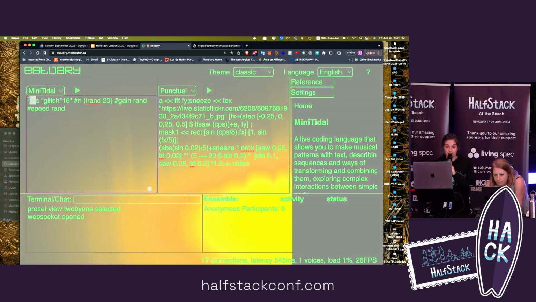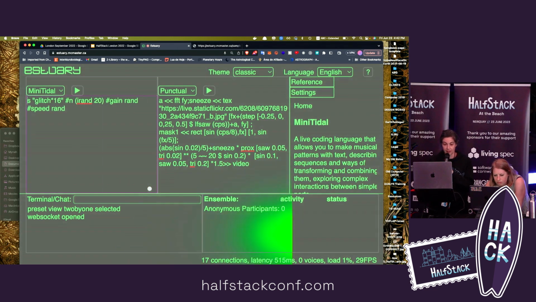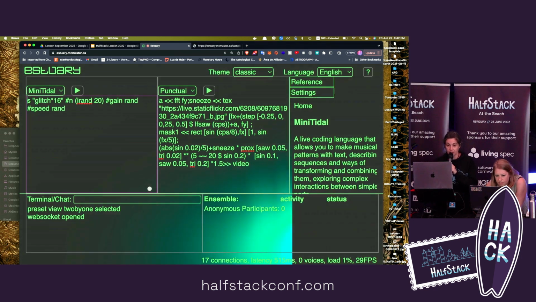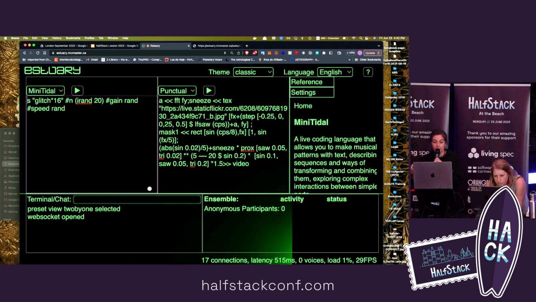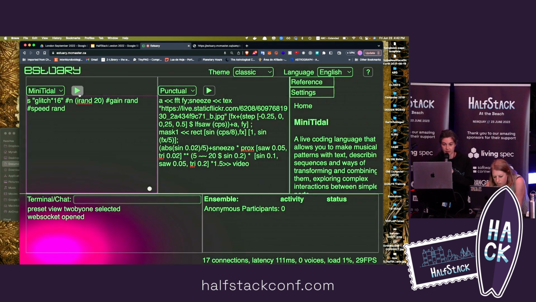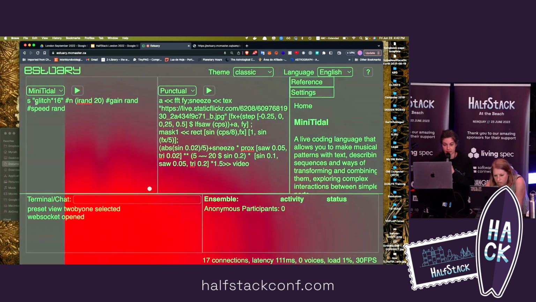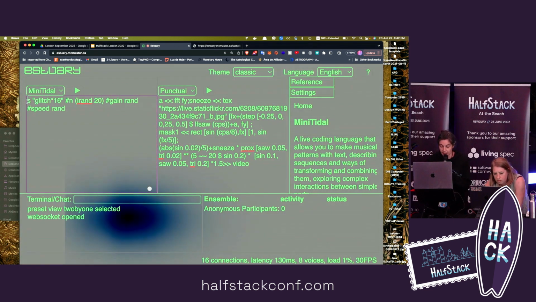If you want to comment out your code, if you want to silence something, it's easy. It's just three dashes, and then it'll stop playing. What else can you do with this? There's a lot of things you can do. You can also say, for example, if I have that playing again, I can say